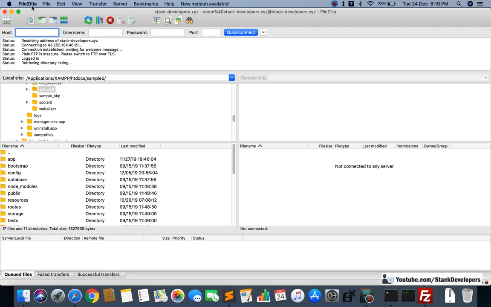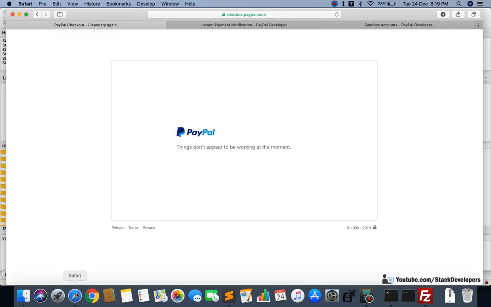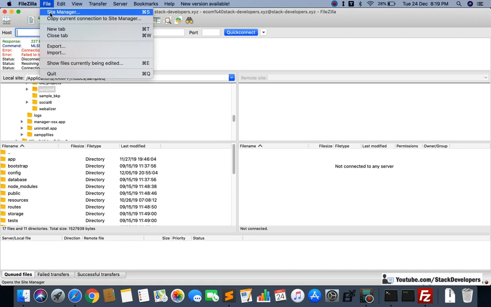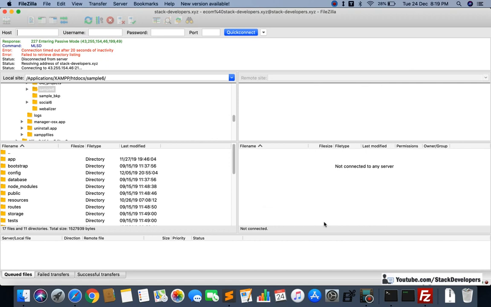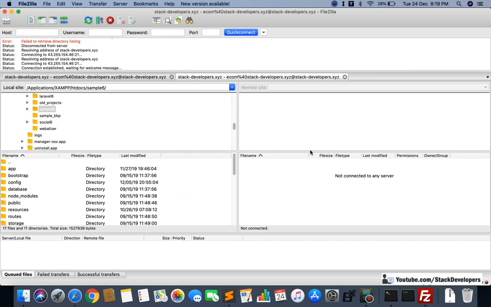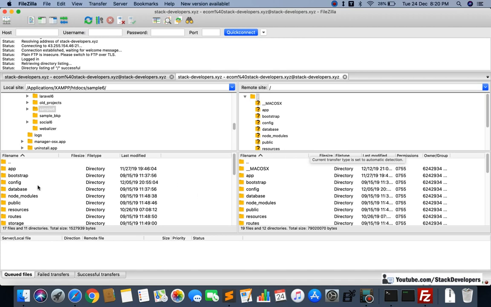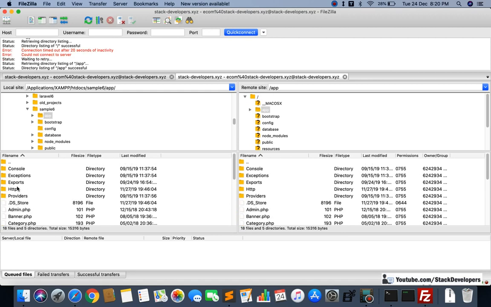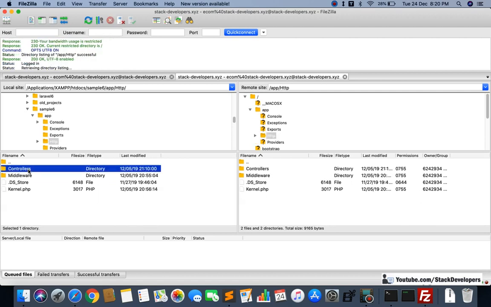Okay, so just you need to connect your FTP. I think there is some issue, might be with my internet connection as well. It is also not working. Now it is working. Okay, so first of all I will just synchronize, and I am going to update some of the files. Like I'm going to update the controller file,